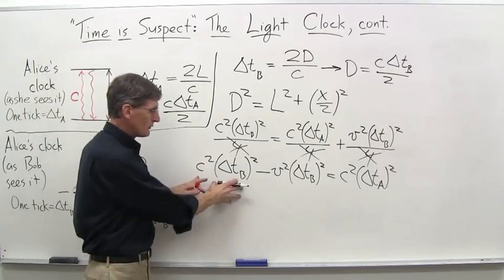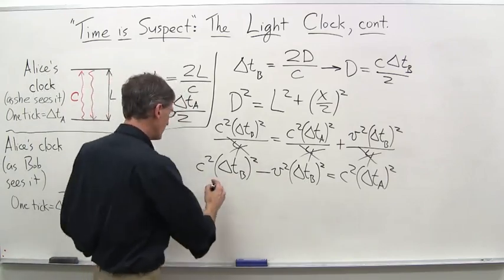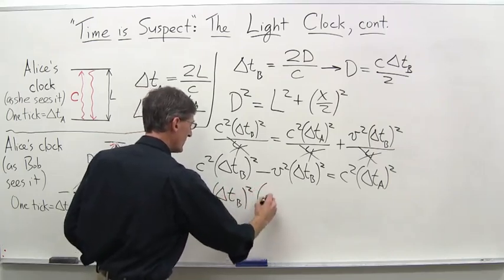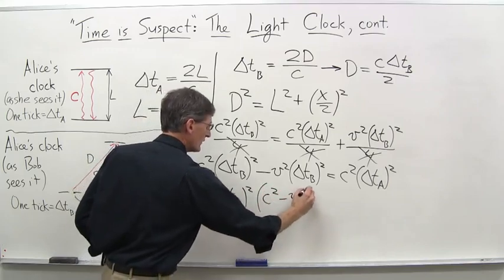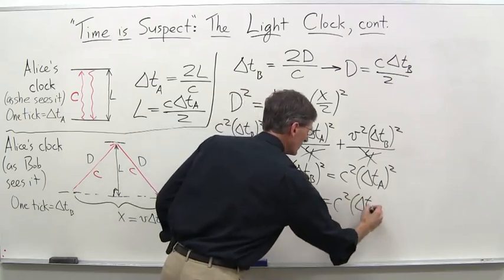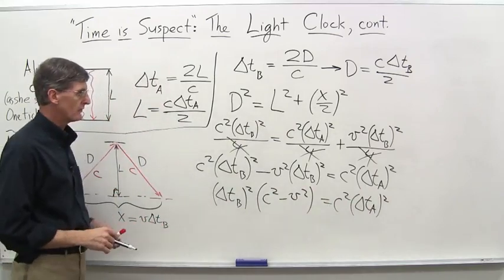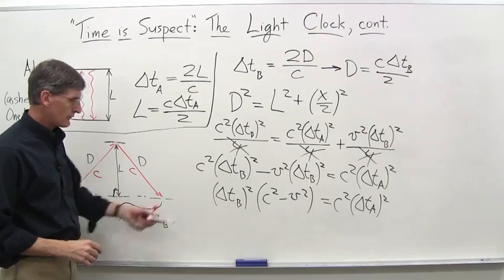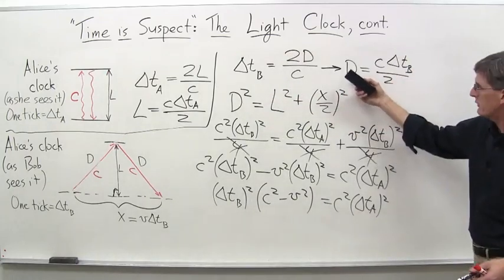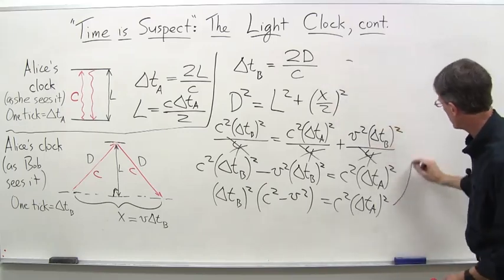I've got c squared delta TB squared, v squared delta TB squared. Let's factor out the delta TB squared there. So I've got delta TB squared times c squared minus v squared equals c squared delta TA squared. Just doing some algebraic manipulations here. And this is starting to look pretty good here. We don't need this anymore, right? So just to get a little room here, because I want to bring this up here